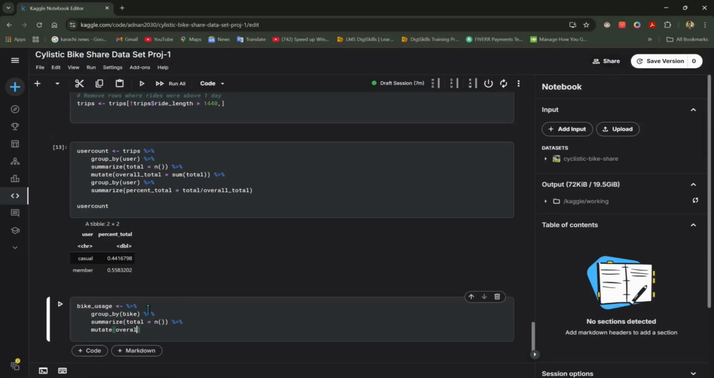Mutate overall_total equals sum(total) %>% close. Now we are going to group it by bike %>%. As you can see, I have made two types of groups,